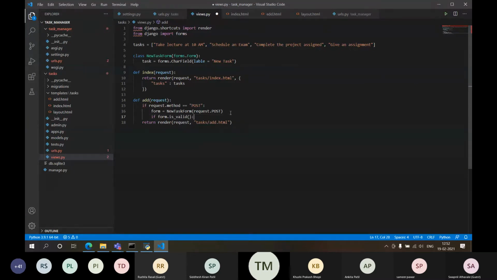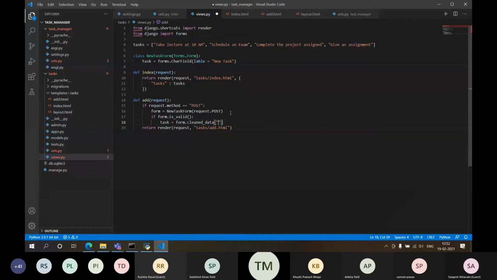If the data is valid, then it will fetch a task from it. task equal to this form object's cleaned_data. It will clean the data.